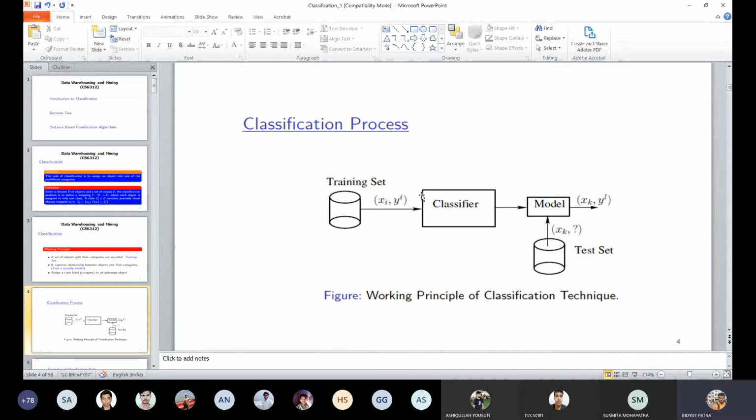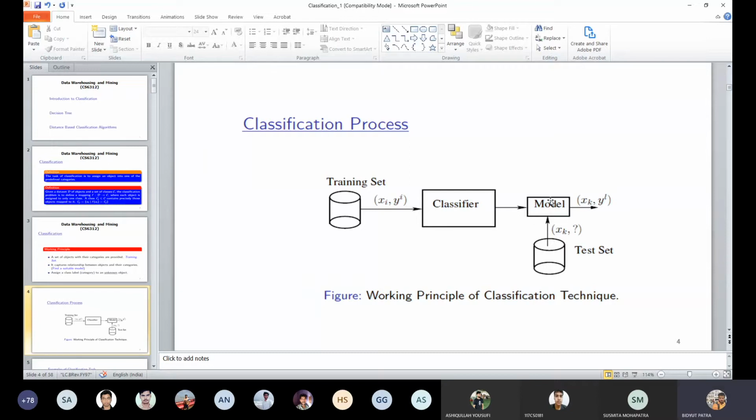That should be the input to a classifier, and the classifier will build the model. That means the classifier looks into the data, the objects and their classes, finds the relationship between the object and its class, and makes a model.